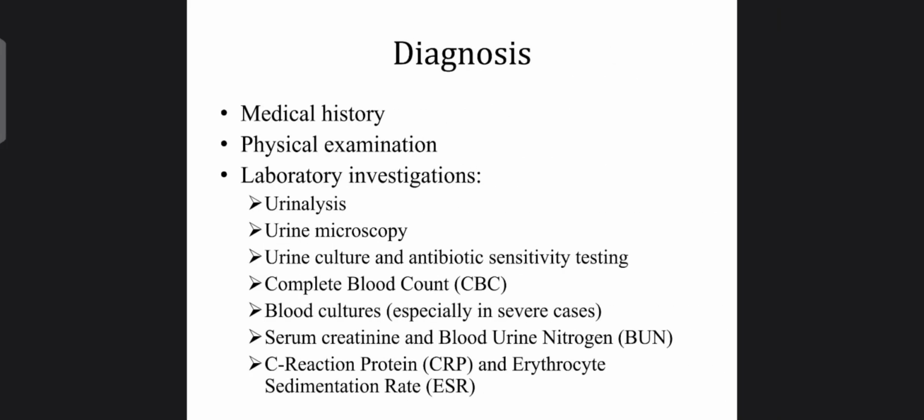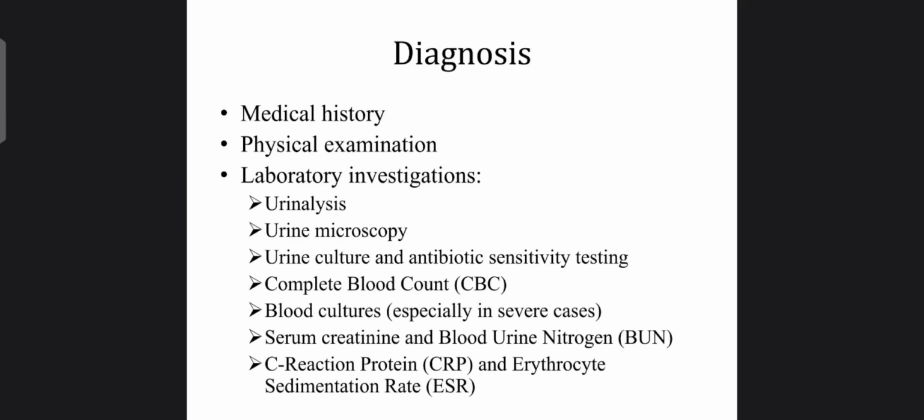So, what are some of the common methods of diagnosis of pyelonephritis? First and foremost, we have medical history. Secondly, we have physical examination based on height, body weight, and some other physical changes we could notice. We equally have some laboratory investigations which include urinalysis, urine microscopy, urine culture and antibiotic sensitivity testing, complete blood counts, CBC, blood cultures, which is especially in severe cases, serum creatinine and blood urea nitrogen, BUN, C-reactive protein, CRP, and